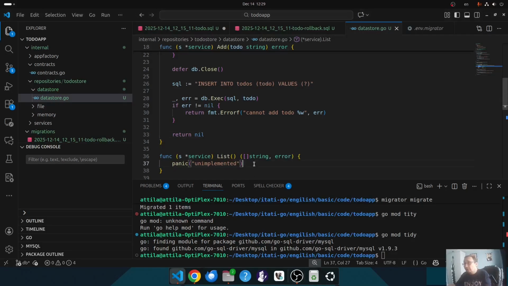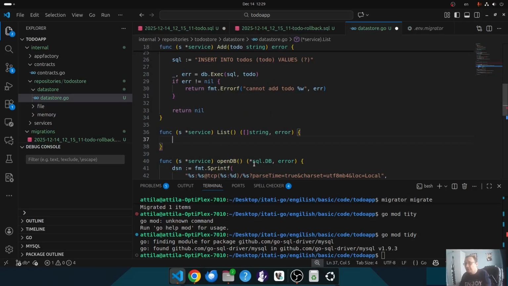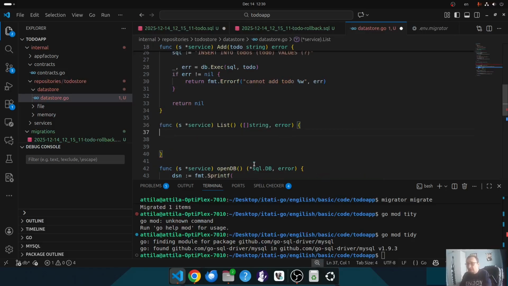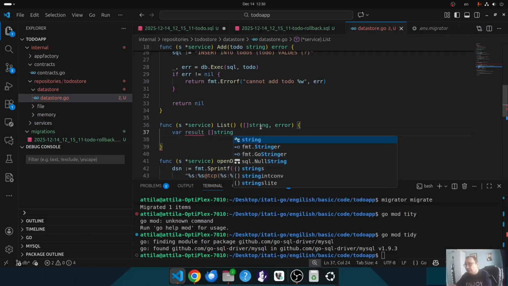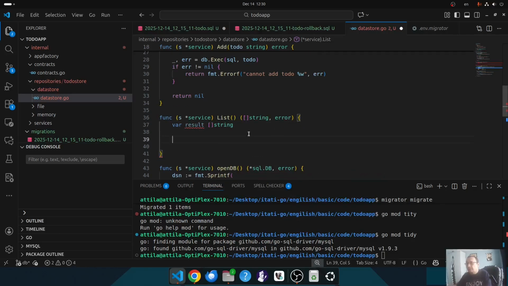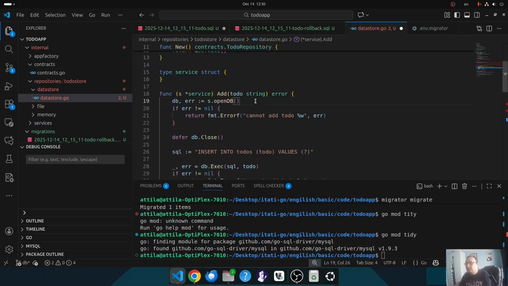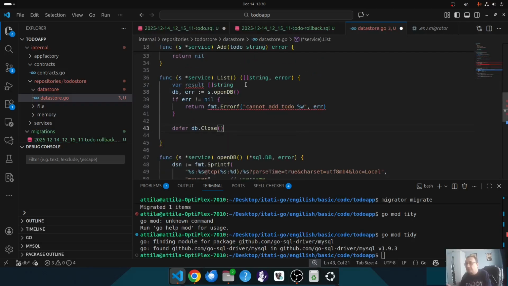We also need to list the to-dos that we already added. So first create the result, which is a, I can use var because I can return a result, which is a string. This is exactly the same as what we will return here. Then very similar, open the DB, return an error, close the DB at the end. So I just copy and paste this one. And if I'm done with this, I need to return nil